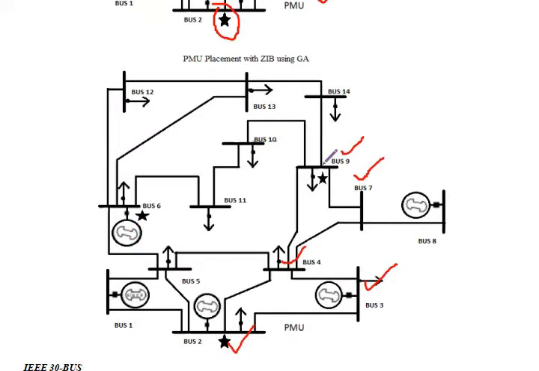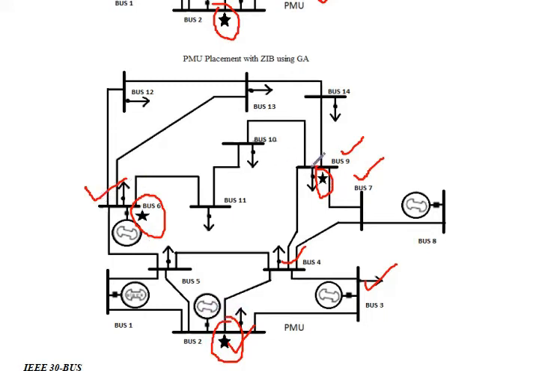If you consider the zero injection bus technique, there are two different techniques: without zero injection buses and with zero injection buses. If we consider them, we will be using those rules. For example, a PMU is placed here, number 1, and this is the case when the zero injection bus is considered. This is the second one, and this one is the third one. So first of all, make the direct observable.